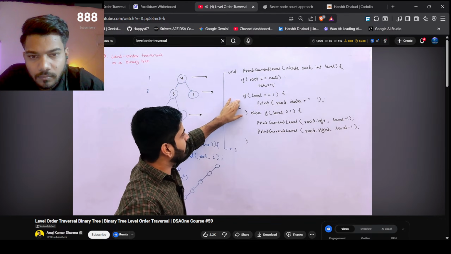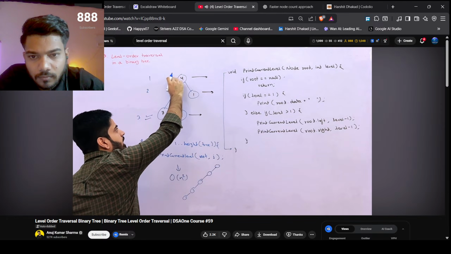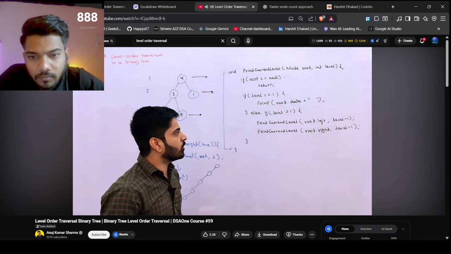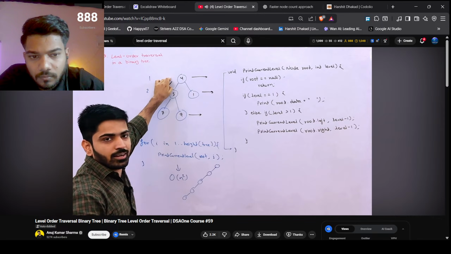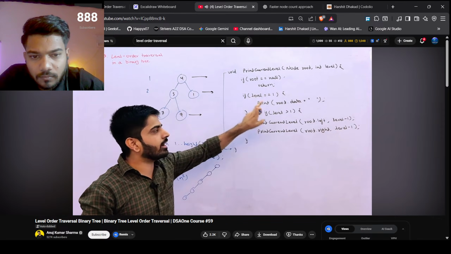उसके बाद अगर आपका लेवल 1 है, लेवल 1 का मतलब ये समझो कि अगर आपको मैंने बोला था कि यही वाली रूट वाली लेवल को ही प्रिंट करना है, तो आपको बोलना था कि ठीक है भैया मैं इसका डेटा प्रिंट कर देता हूं क्योंकि यही लेवल मुझे प्रिंट करना है। तो ये भी एक तरीके से बेस केस ही हो गया।